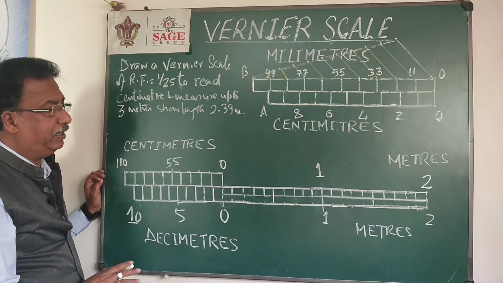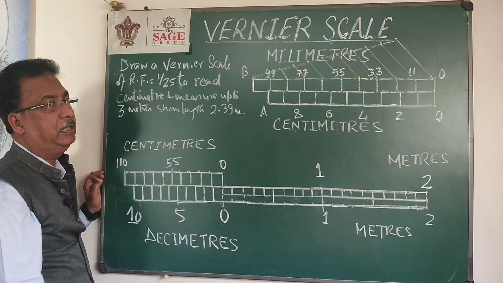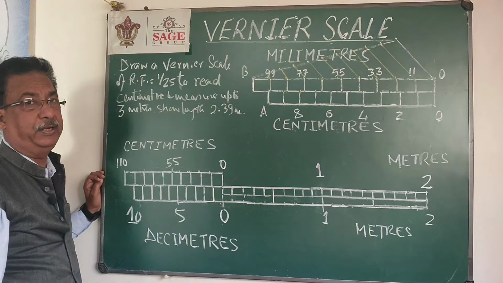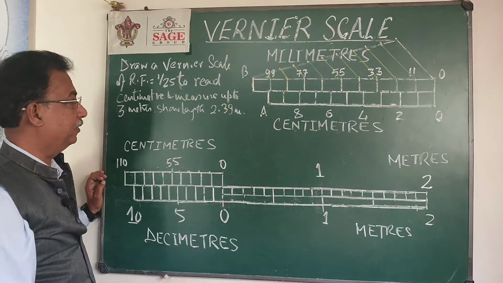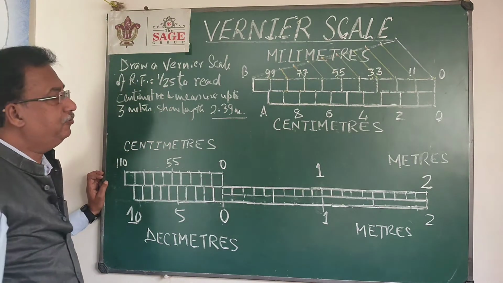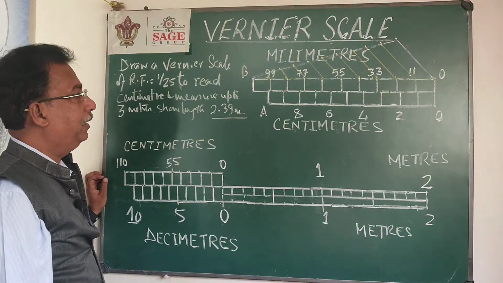Just the basic difference will be, we will divide all the parts into sub parts, and above the first part we will generate the vernier scale, and that vernier scale will generate the third fraction. If I want to measure a length of 2.39 meter, now this is very interesting, how we can measure the length with the help of this scale.